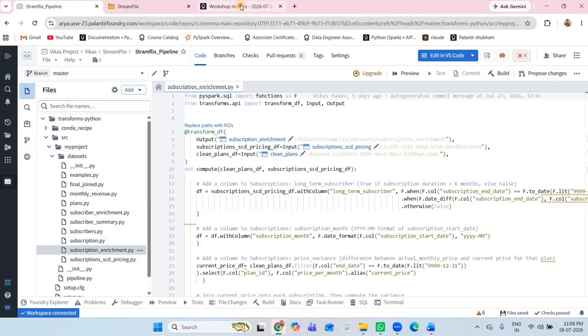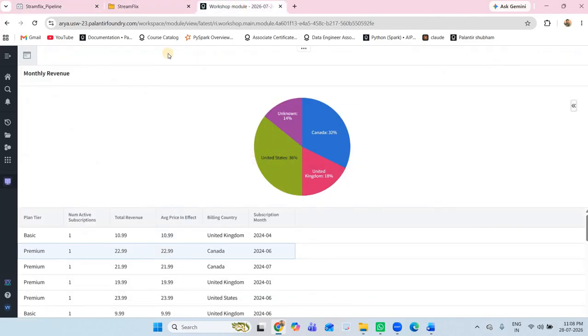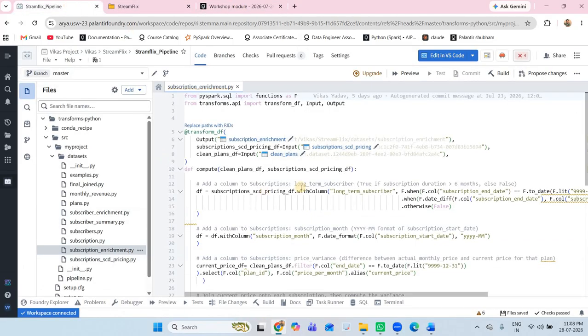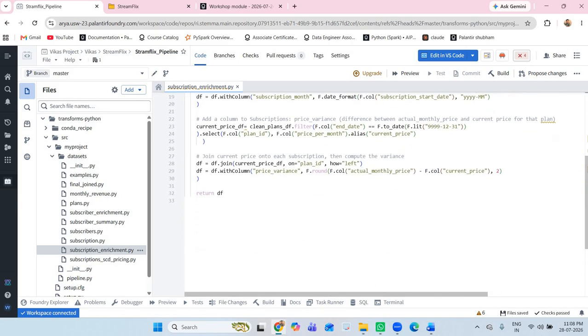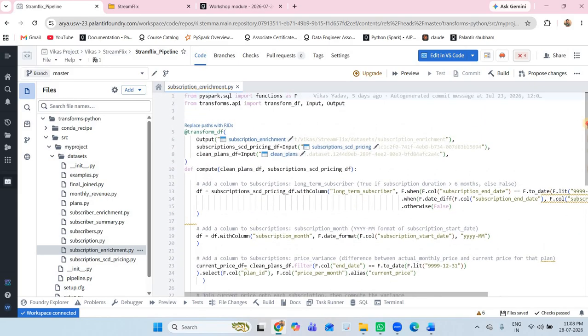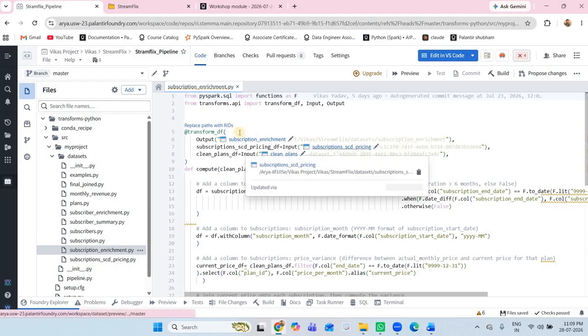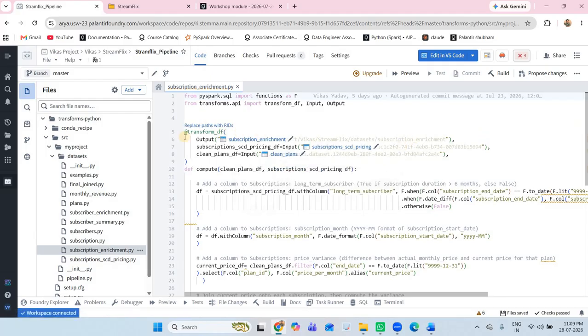I have shown the same thing here after taking the input files. This is the code, written in PySpark. We are utilizing the code repository for writing our code.